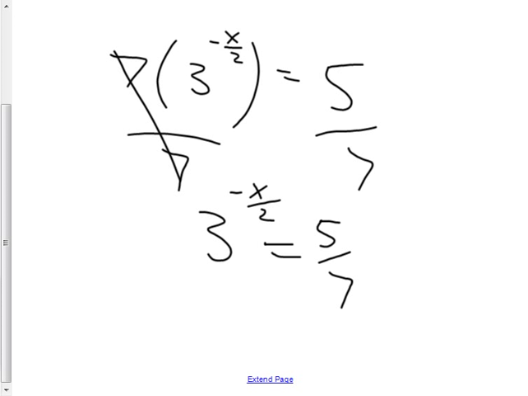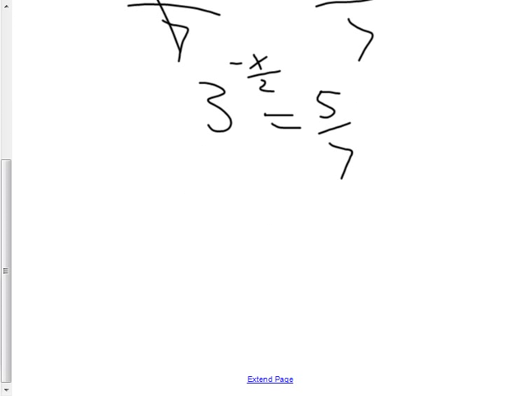Mr. C in the back row, see if you can handle this one. Rewrite. It's currently in exponential, so